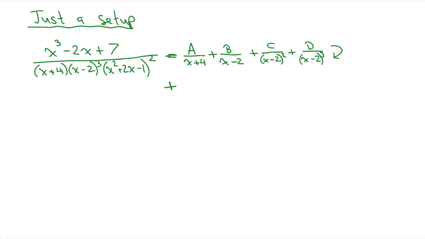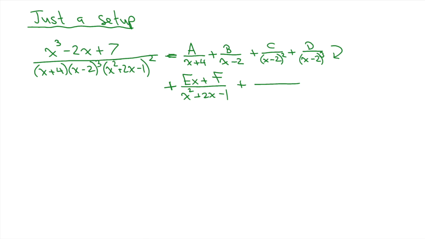x squared plus 2x minus 1. Yes, I'll agree with your denominator. Sure, it's x squared plus 2x minus 1. Oh, it has to have a lesser degree on top. It has to have a linear factor of a smaller degree than the bottom. We already used A, B, C, D, so all that's left is the next letter, E, x plus F. So this would be Ex plus F, plus